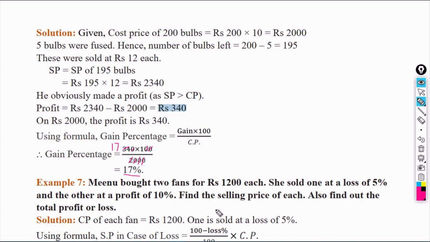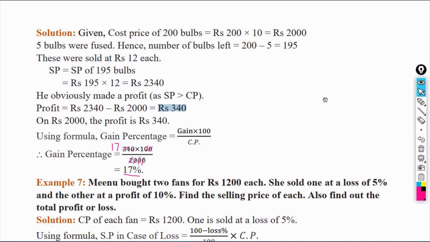Let us come to example number 7. Minu bought 2 fans for rupees 1200 each. She sold one at a loss of 5% and the other at a profit of 10%. Find the selling price of each. Also find out the total profit or loss. Now here,